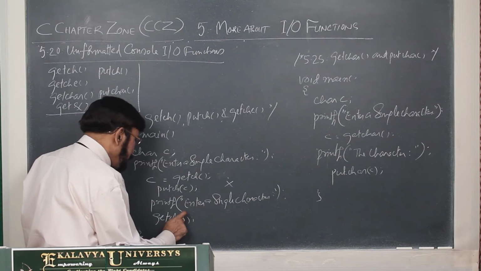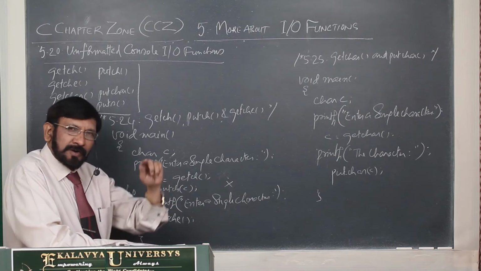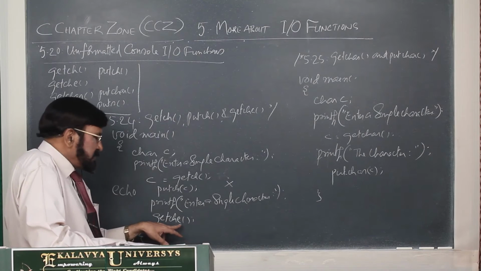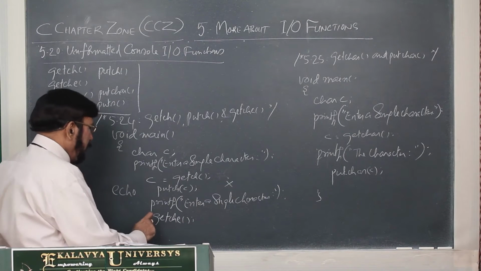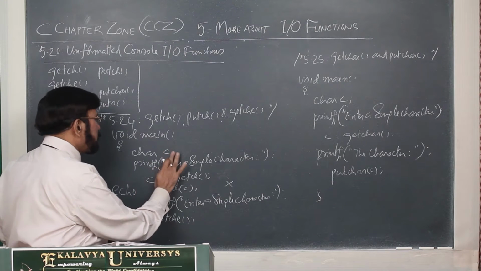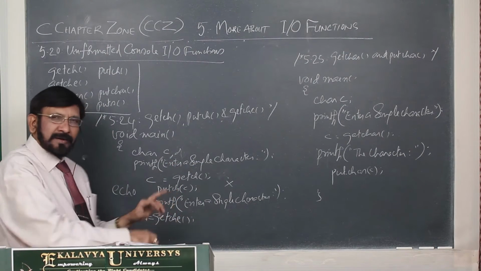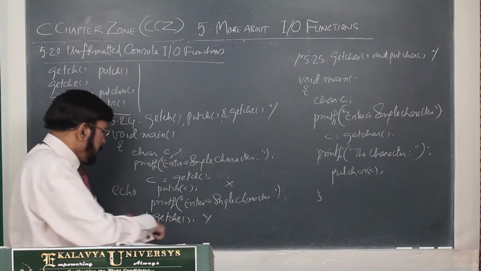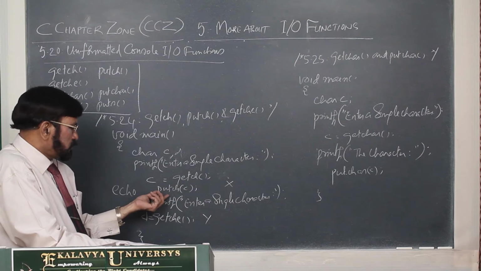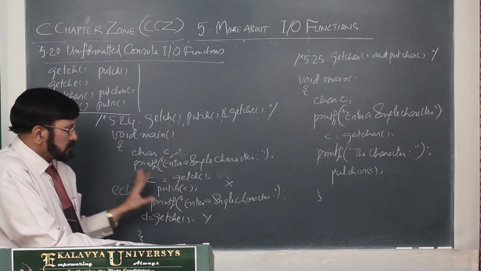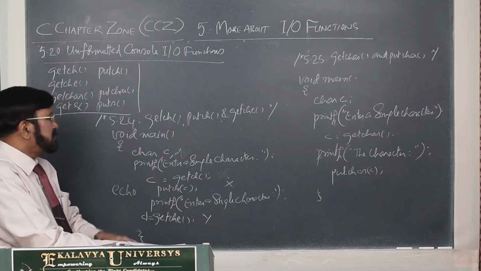Next, getche. The only difference is e. E represents echo. Echo means, here, what is the feature? Whatever character you input with getch is not displayed, but in this case whatever character you input is displayed. This one also, suppose we give one more variable, you can store it in d. Now whatever character you typed, let us say you typed y, is stored in d. If you want to display that y, you can use putch or printf as you like. That is the difference between getch and getche.